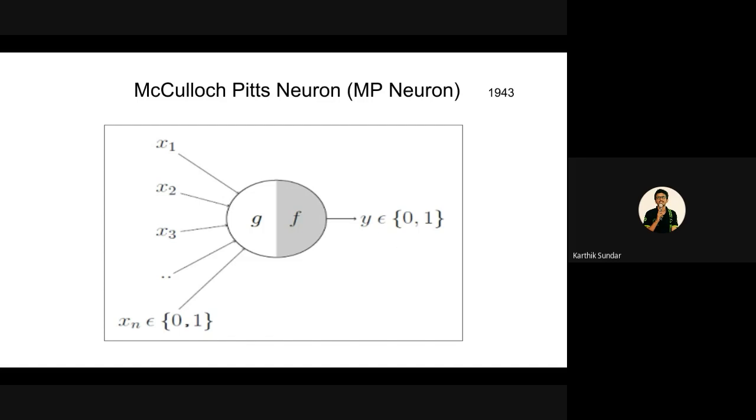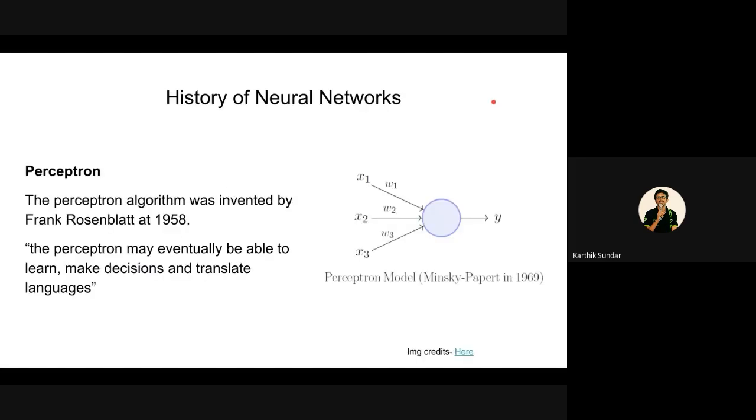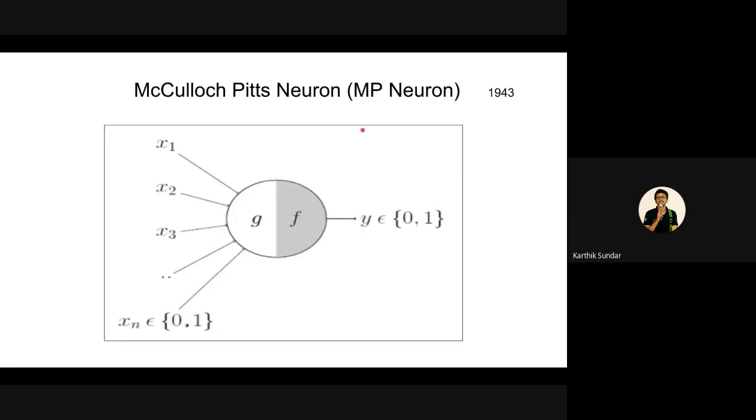So that was the motive of McCulloch and Pitts to create an artificial neuron for their own application. This was the biggest breakthrough ever found in neurons, and this is what started the revolution in artificial neurons, and it was in 1943. Later, in 1958, a gentleman named Frank Rosenblatt created a modified form of the neuron. In the original neuron, you just have input, an aggregation, and an output.